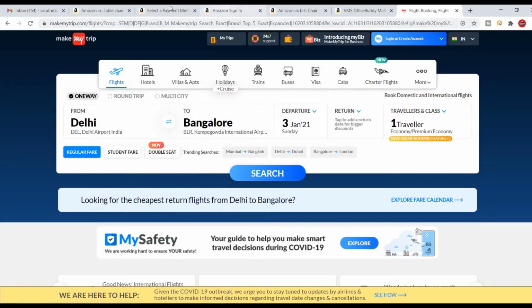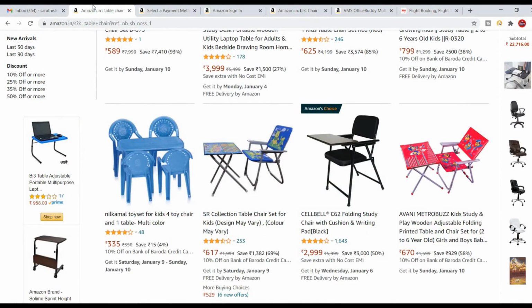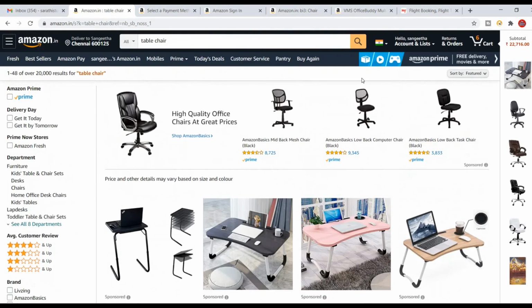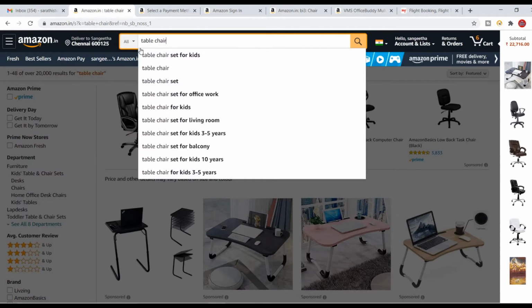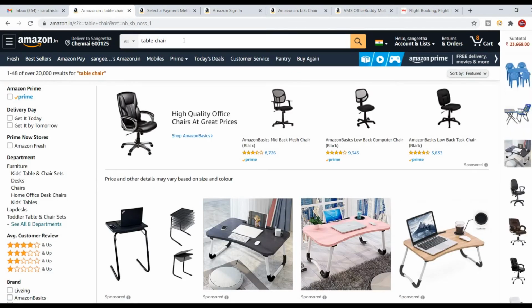Here I'm going to tell you using Amazon. Once you launch Amazon.com, first we have to interact with the UI performance, right? Whether the button style and this header section and this search performance work, whether after entering table chair and clicking enter, the search result will be displayed or not. This is the performance, within 2 seconds, 1 second, the result will be shown.